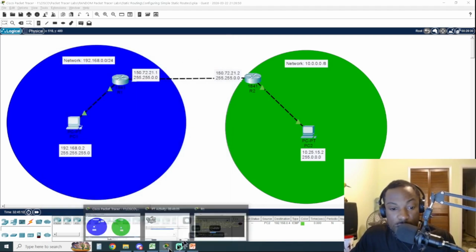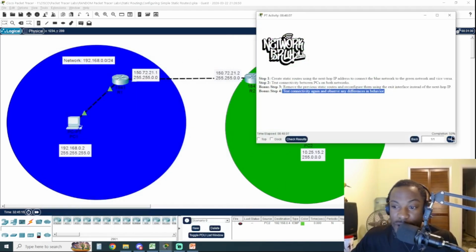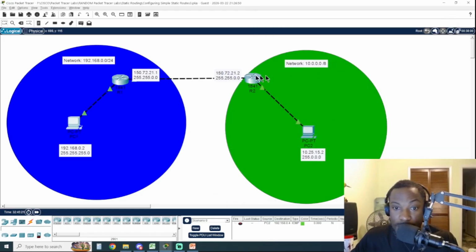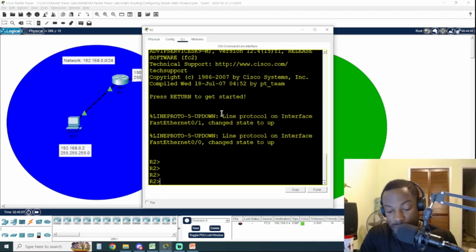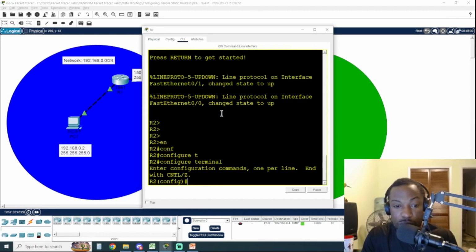Also, I created this lab for y'all, right? We're halfway done, so we need to do just one more step, which is the route going this way. So let's go ahead and go to router 2 and configure the route going from the green network to the blue network, right? Pop into the CLI, enable, global config mode,